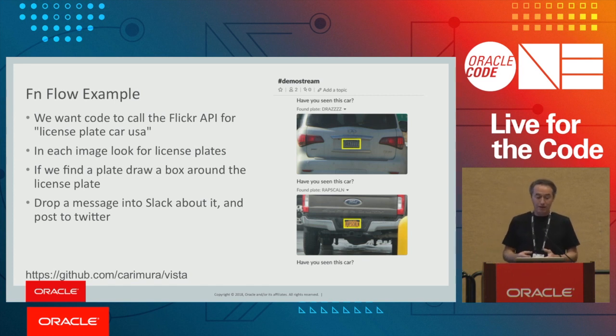We have an example that we call Vista. Vista goes off to Flickr. It pulls a bunch of car images with license plates. We showed this at JavaOne a couple of years ago, but it's a nice example of how Flow works. There's a function that looks at the photo and finds the license plate. We have another function that will actually draw on the image, highlighting in an output image where that license plate is. And then imagine you're the police, you're looking for a car, so it's watching these, taking pictures, finds a car, and then it could send it off to some police dispatch, right? In our case, we send it to Slack, because of course, I'm sure the police use Slack. And Twitter to post about, hey, we saw a picture. So this is what we're doing for this example.